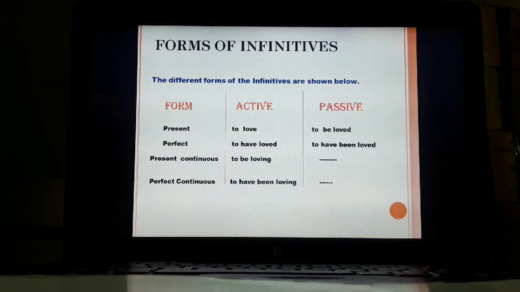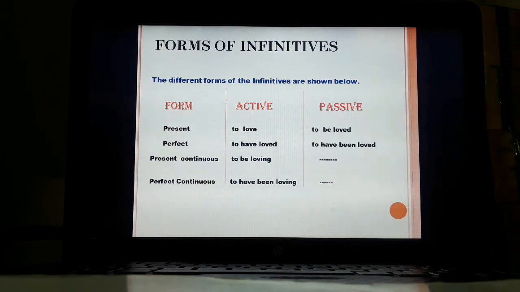Then the third one, present continuous. As the name itself suggests, continuous means ing form of the verb. So to plus be plus loving. This will be used in the case of active. And the last one, perfect continuous. As again I have said, perfect means has, have or had. But when it comes to infinitives, has and had have no place in it. We are bound to use have with to. So the formula, as you can see, will be to plus have plus been plus ing form of the main verb, that is loving. So this was the case